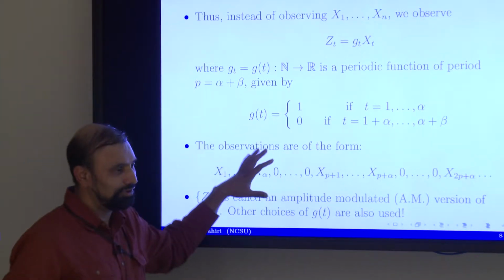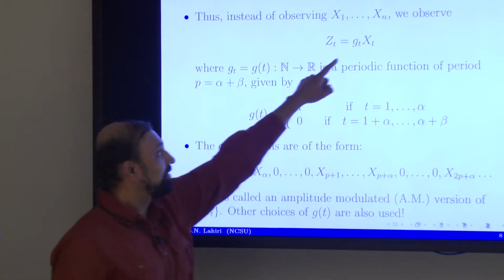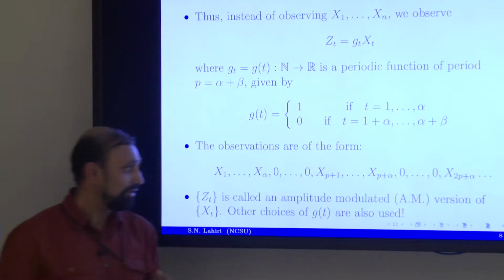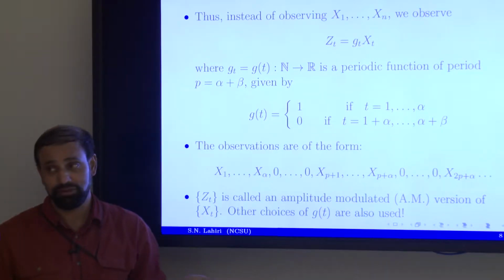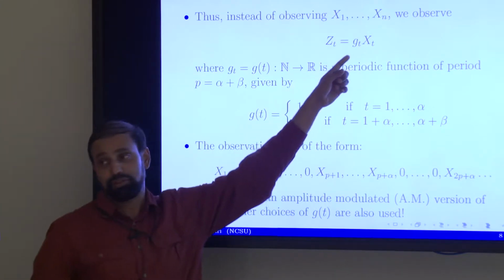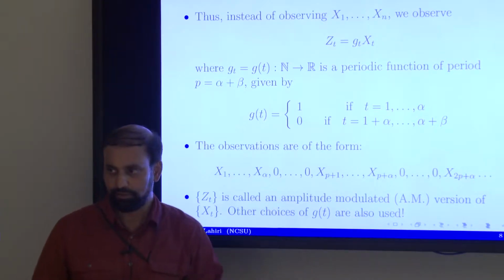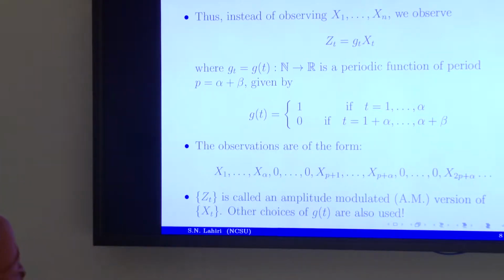So this is a particular setup for which I have some formulas. This gt can be more general. It doesn't have to follow the pattern alpha, beta, alpha, beta. If there are arbitrary points, even if you are just looking at the observations coming during the night, you do not always get observations, because of cloud cover or other disturbances. So you are going to put the corresponding gts equal to 0. Those are covered under this framework. But what I'm going to present is only this periodic structure. Zero means 0 is a value, but those observations are not available. That is correct. So these are different kinds of things.